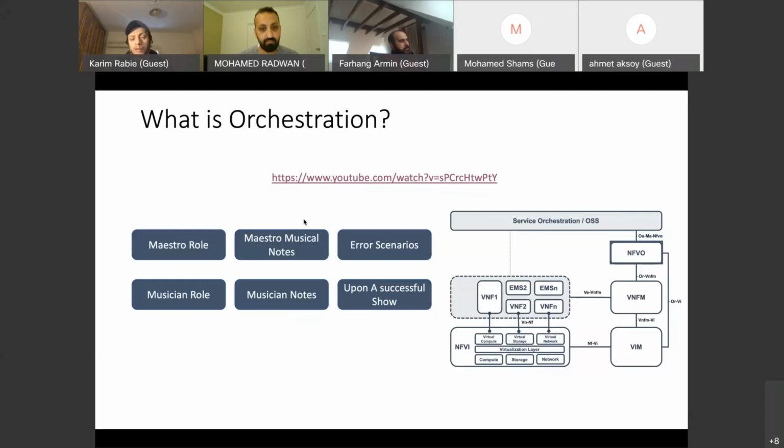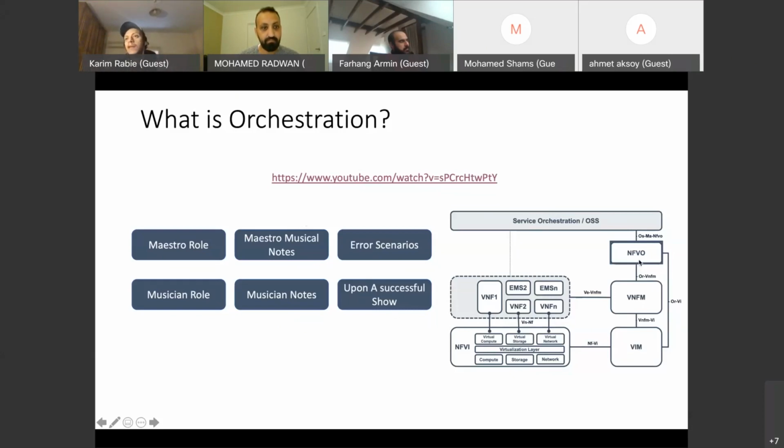There are also some solutions from some vendors that actually do the closed loop control through the NFVO. For example, the NFVO can get fault management and performance management from the stack and perform some sort of corrective action. And upon a successful deployment of a VNF or network service, there is a repository in the